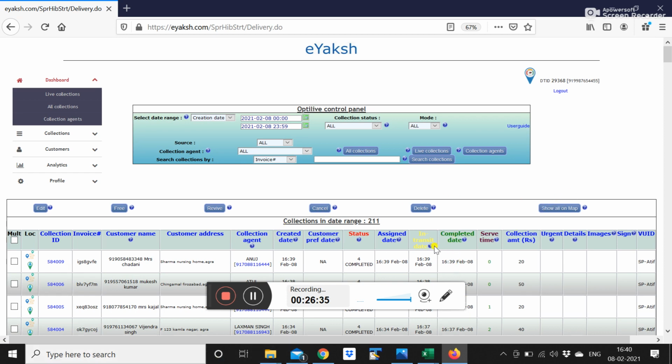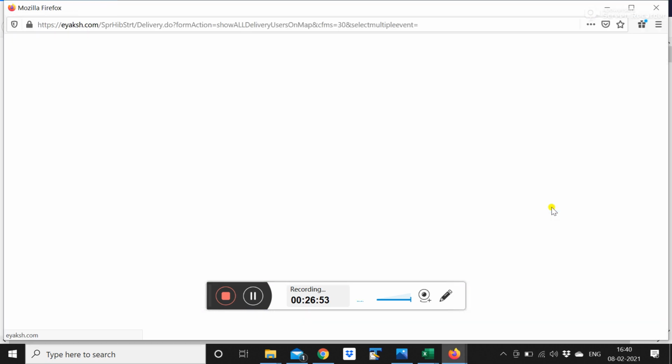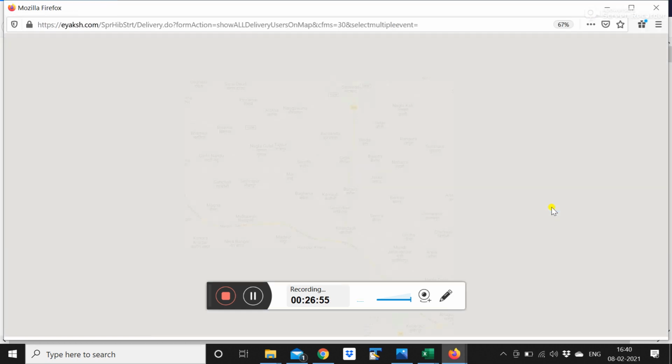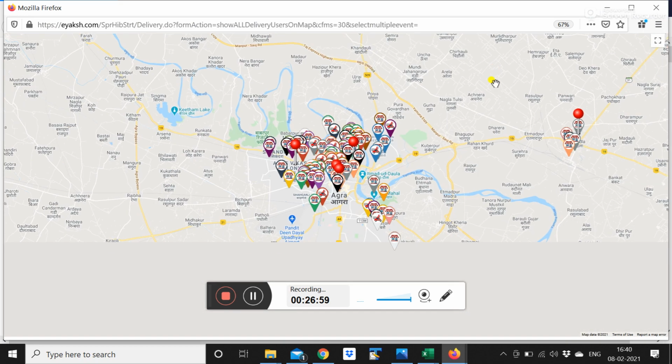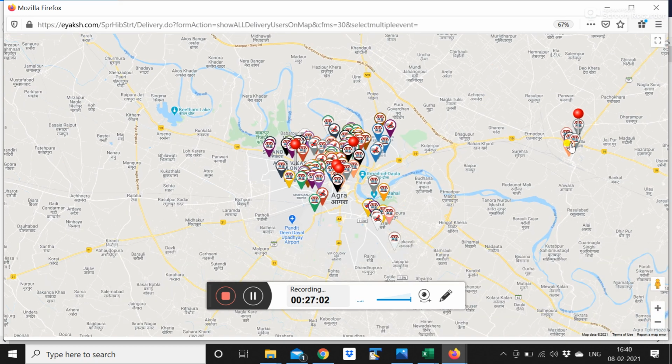what time each and every collection was completed or is in transit, what the serve time is, and if the collection amount is being done. This is a manual way of doing it, and whoever is the admin has entered this information. You can clearly see this also on a map. So this gives you a view of the whole work that is done for the day. This will be dense because you'll have a lot of information on it. So it is a superset of the live collections.